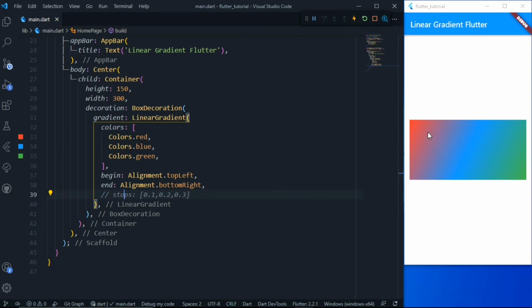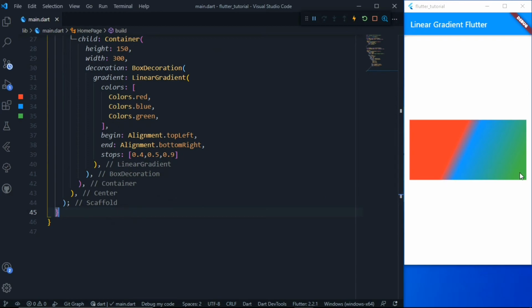And so we can see that we want this red to be spread out more, like we want this red to come till here. So what we can do, in the stops we can give red some more values, like we can give it 0.4, and we can give it 0.5, and we can give it 0.9. And you can see our red spread out till here.